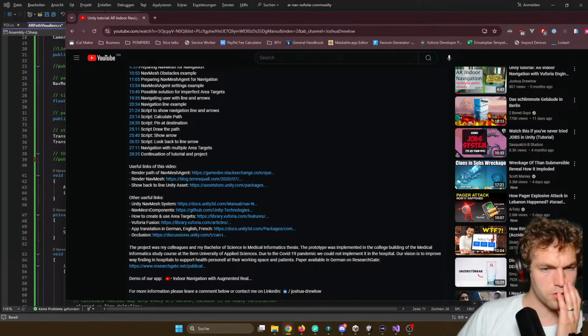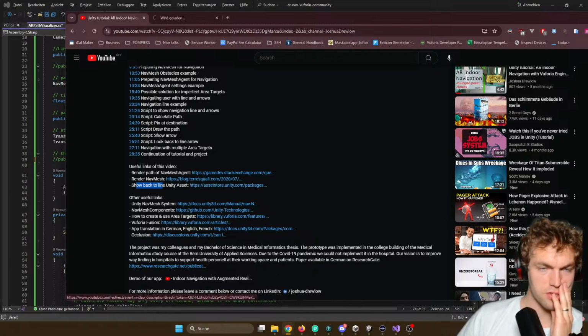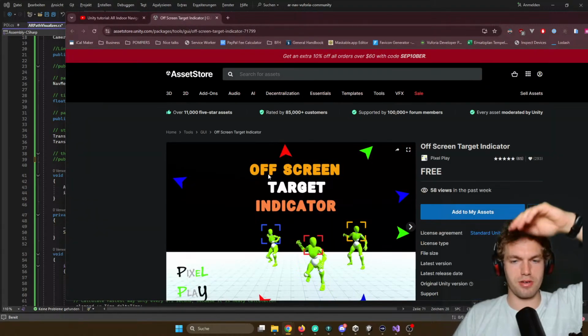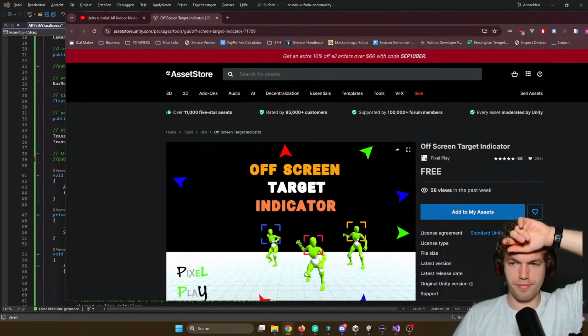Other useful links: render path of NavMesh agent, rather NavMesh. Show back to line Unity assets. So this is the off-screen target. Go back to line Unity asset. Sounds a bit weird. But yeah, so this is a free